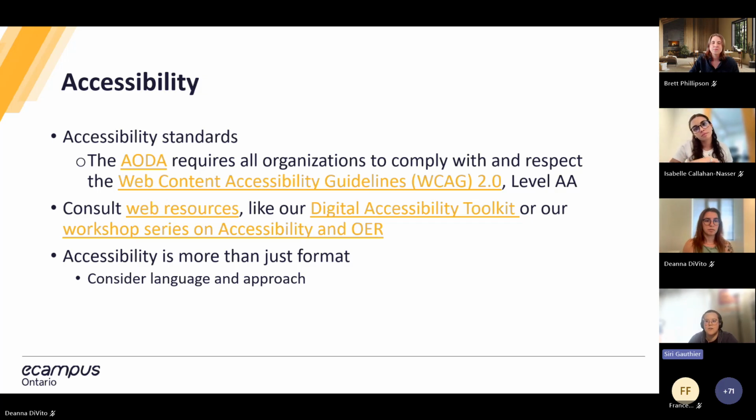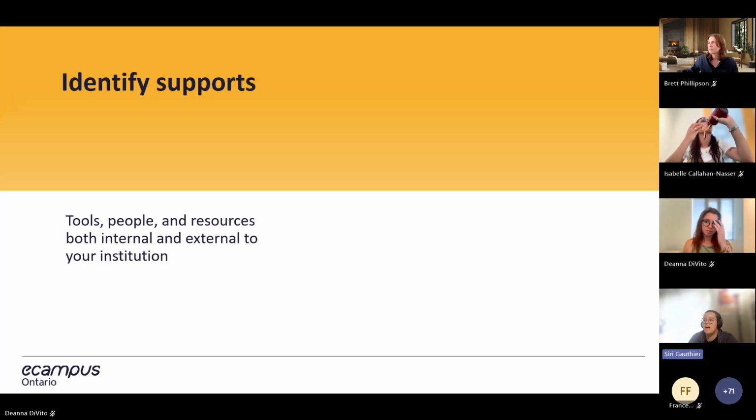All right, so if we can go to the next slide, please. All of this sounds like a lot, and that's part of it. It can be a lot of work, but to repeat what Brett was saying, there is a kind of sliding scale of participation. You don't have to do it all at once. It doesn't have to be all hands in, 100% ready to go right away. This is an iterative process.